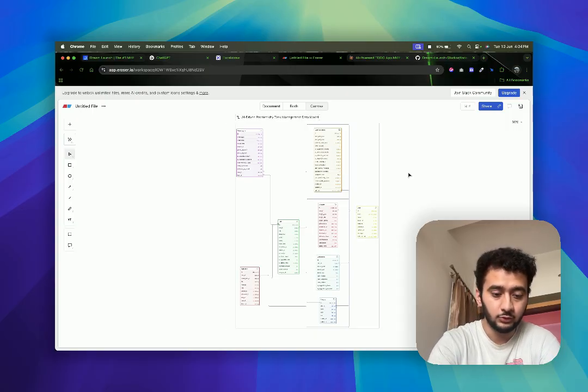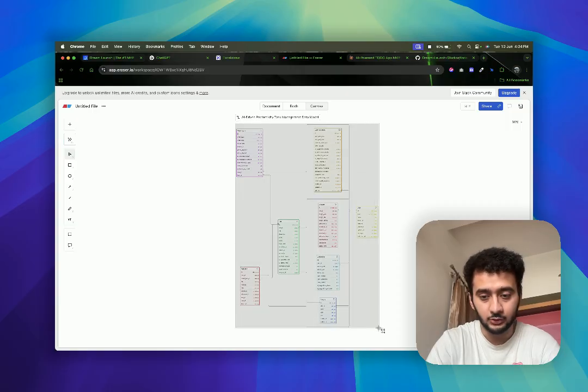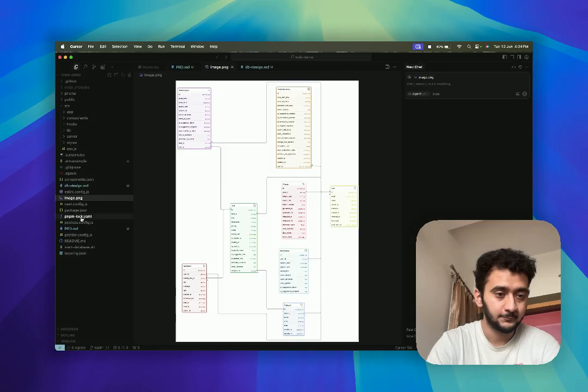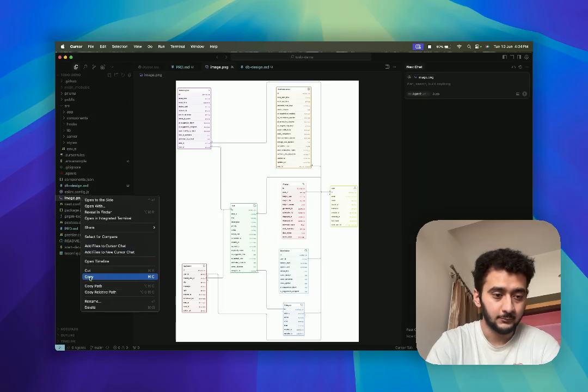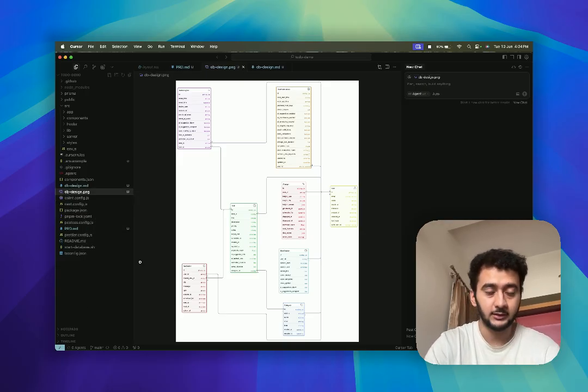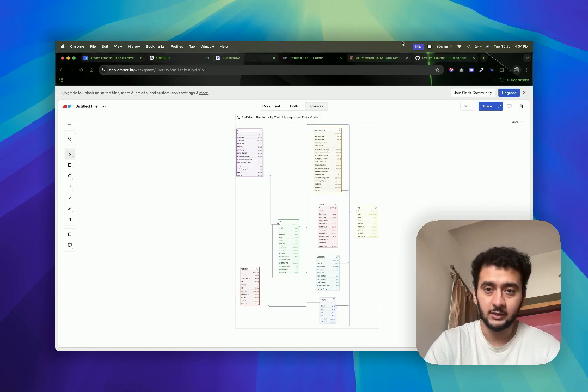And what I do usually, in order for faster reference, is take a screenshot of this and paste it here, which can be an image. I prefer renaming it to db design.png so that I can just refer to it. Right, so now that we have this part sorted,